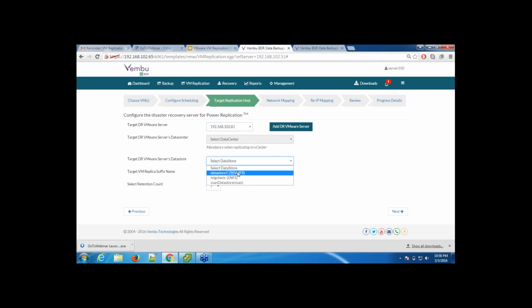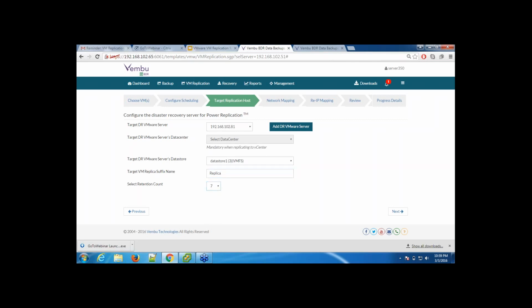And if it is 81, it will list the target data stores with the type of data store, which is VMFS, NFS, and if it is a vSAN, it will be shown as vSAN. So I'm just choosing VMFS, and the target VM will need to be created with some suffix name or some other name, because it will need to be differentiated from other machines, right? So for that, we are just having a suffix name for that particular VM,